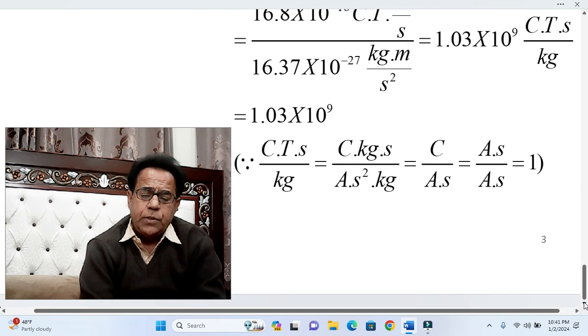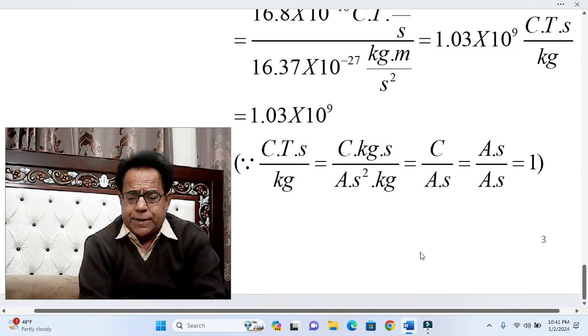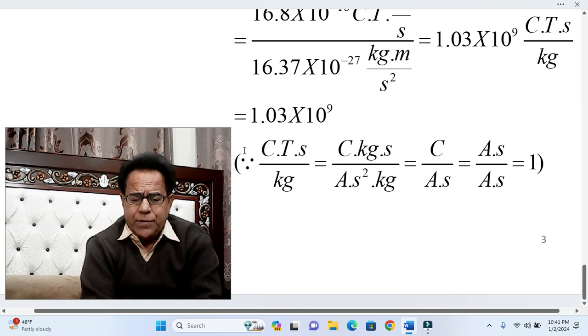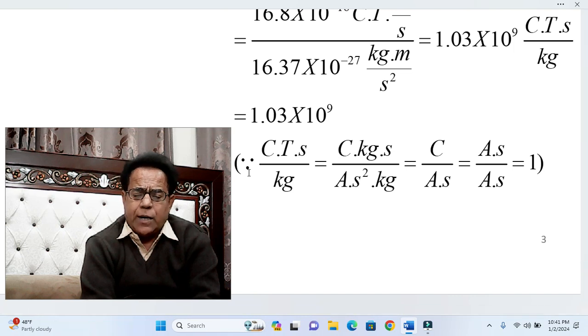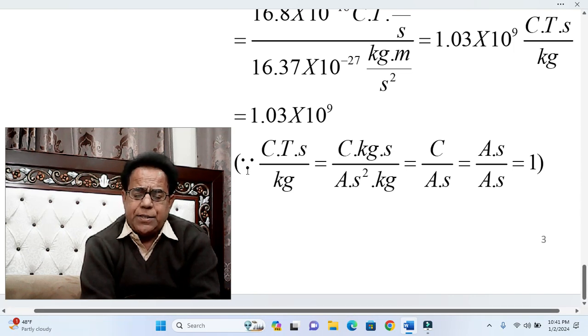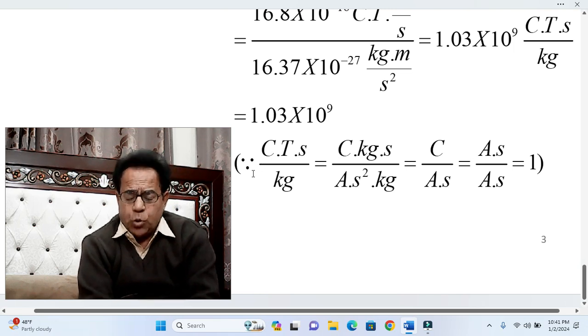Within the bracket we have written 'because' with three dots. When the third dot is above the two parallel dots, then it is read as therefore. But when the third dot is below the two parallel dots, then we read this as because or since. Because we are arguing that this is so and hence that is that. So, because